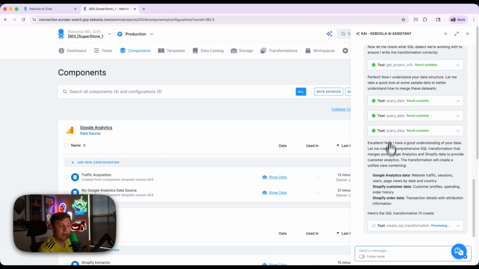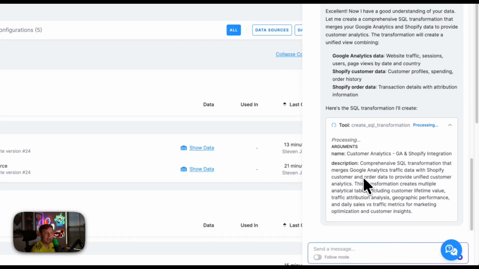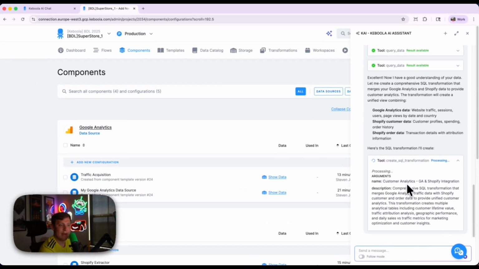So it says the transformation will create a unified view combining the Google Analytics data, Shopify customer data, and the Shopify order data. And it says, here's a SQL transformation that it's created. So you can see it's processing that SQL transformation, creating it right now as we speak. And I can click that, and you can actually see it working in real time here. So there's the name, customer analytics, GA, and Shopify integration, with that full description